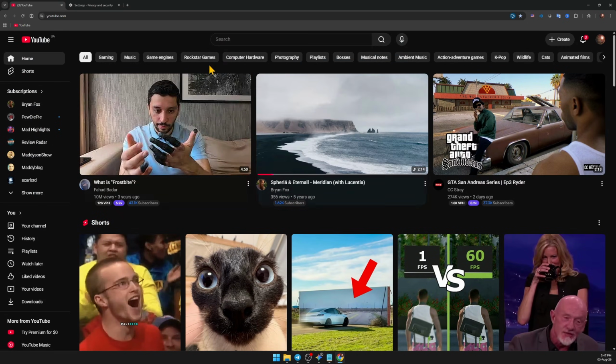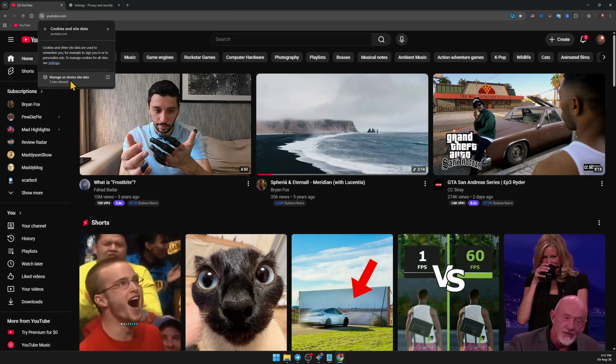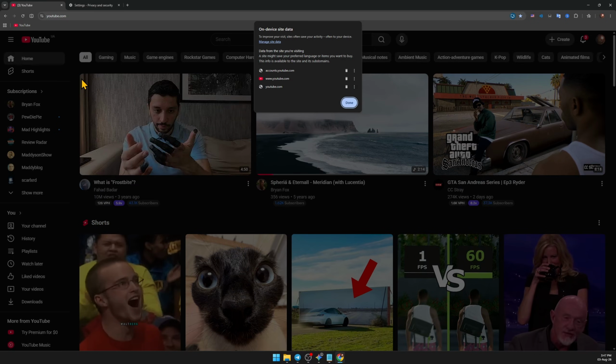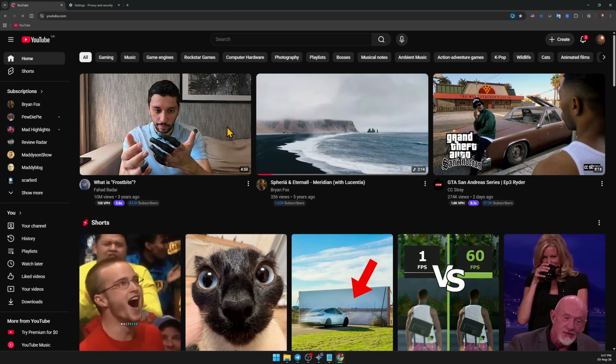So for example, if you want to delete the cache for YouTube or any other website, you click on this tune icon right here for settings, and then you navigate to cookies and site data. Okay, manage on device site data, and there you go. Also keep in mind, guys, that if you delete these, you'll have to log in again, right? As you can see, we have the accounts YouTube, and YouTube.com. Just click the trash icon right next to all of these, press done, restart your page like this, or